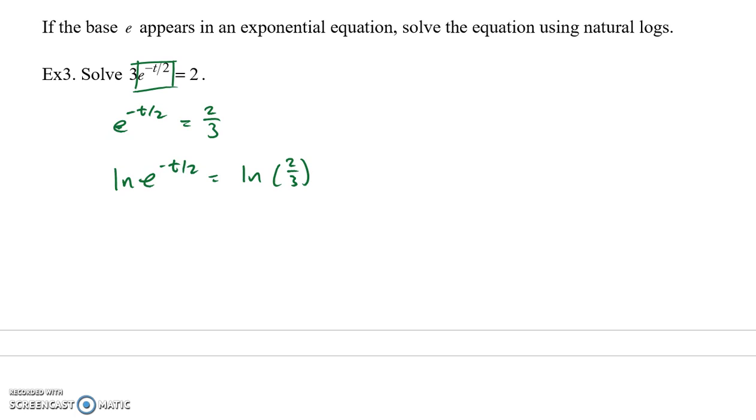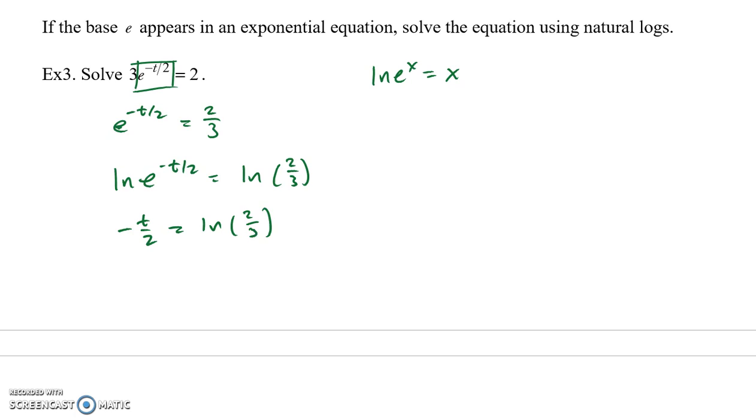And then one nice thing about having a base of e is that if you use a natural logarithm, we have this cancellation or inverse property: ln of e to the x equals x for any x. So in this case, we can essentially just cancel ln and e, since they're inverses of each other, and that would just simply give us on the left minus t over 2. So the logarithm vanishes